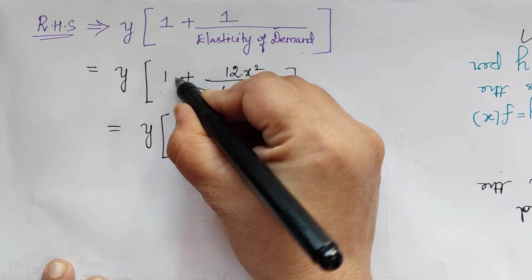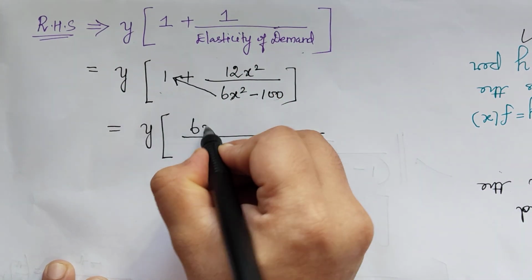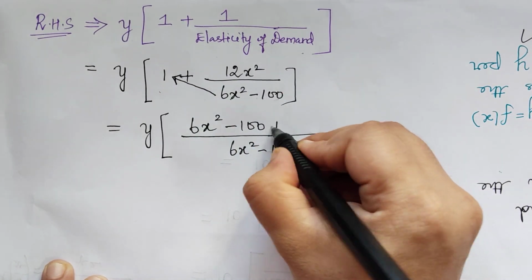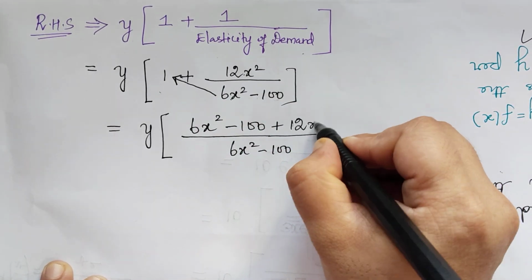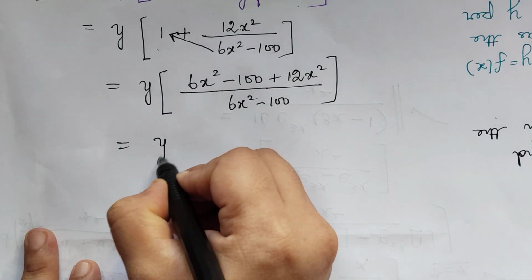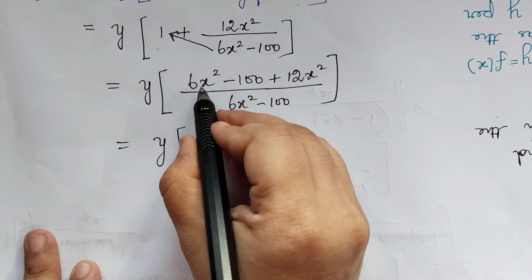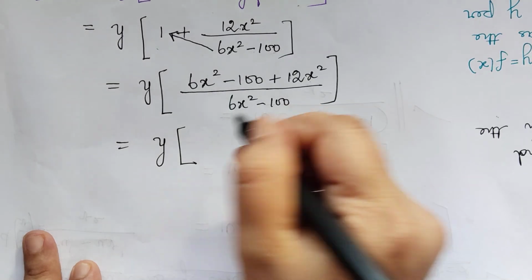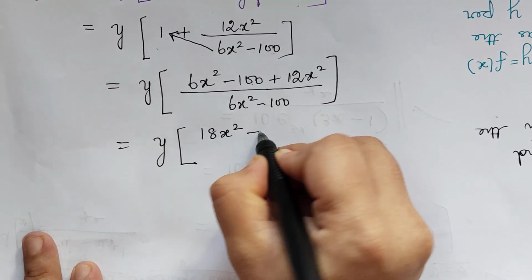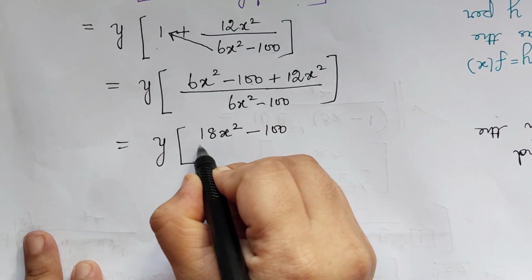We have to multiply this with 1, so 6x square minus 100 and then plus this 12x square. Now this becomes y multiplied by, what is 6x square plus 12x square? It is 18x square minus 100, divided by